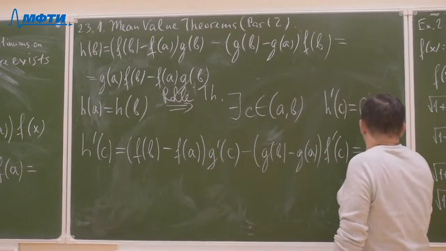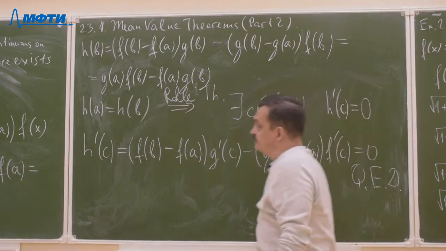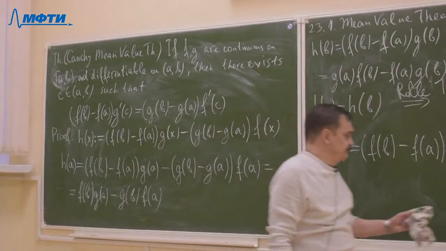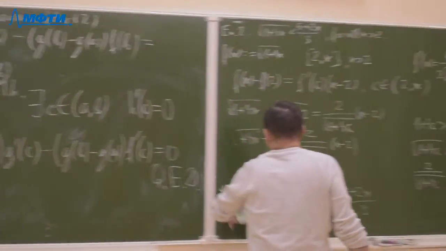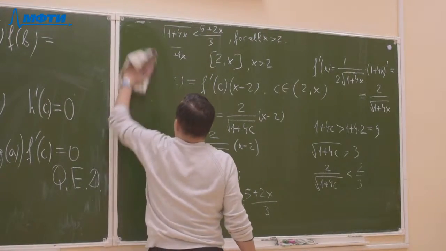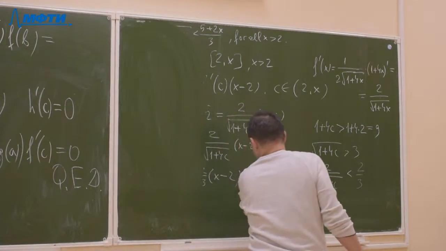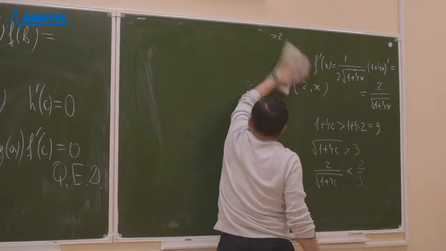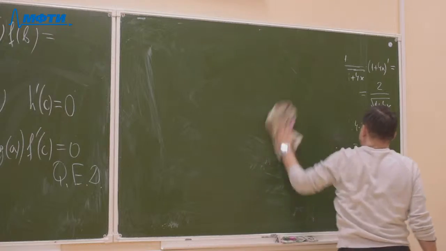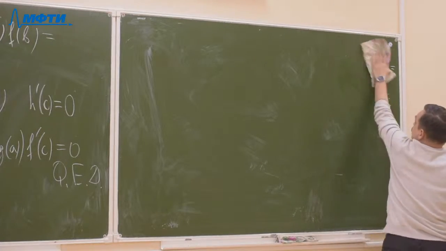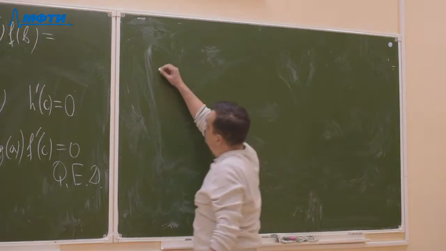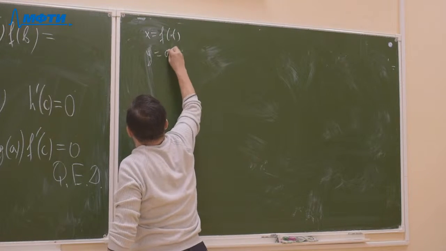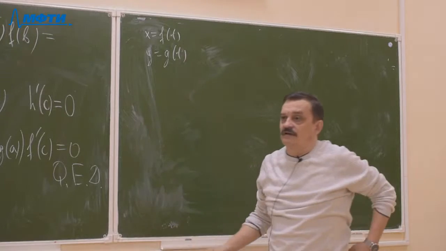Now, what about the geometrical meaning of the Cauchy mean value theorem? In fact, it's the same as for Lagrange. Why? Because we can, so I'll change the letter. So let's consider the